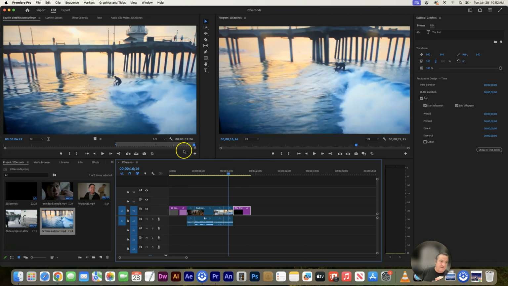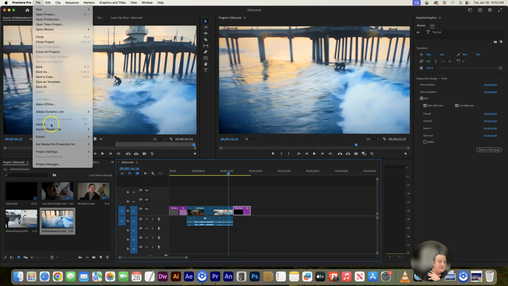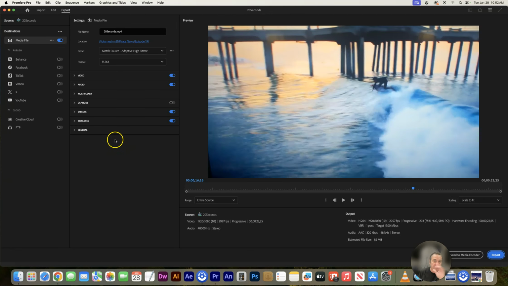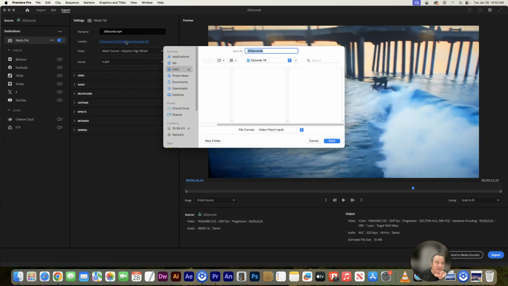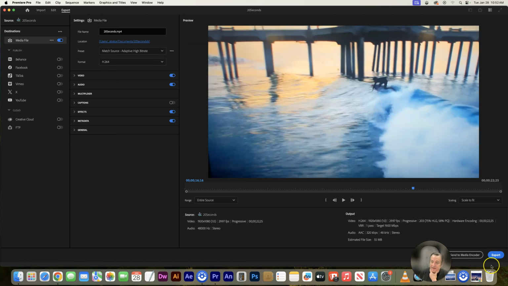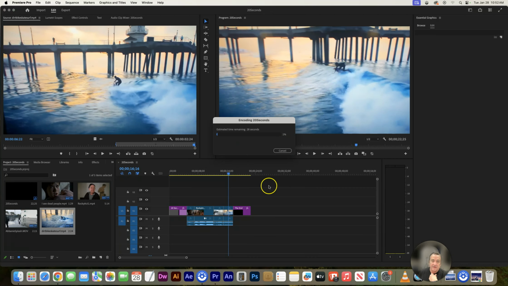Now we're ready to export it. So we're going to go File, Export, Media. We're going to get to this screen. We're going to go up here, click on this link right here. And you want to make sure that's going into your documents and into your 20 seconds folder. Click Save, and then click Export. Let it do its thing, and then you want to